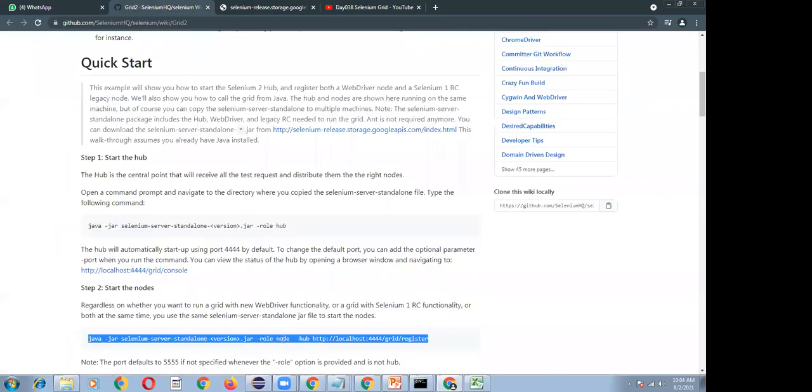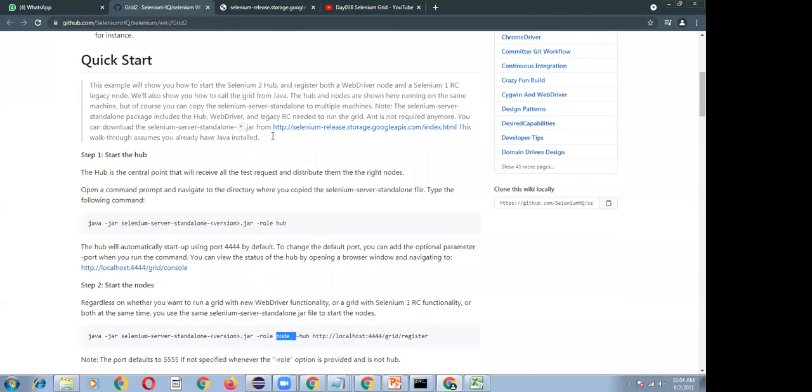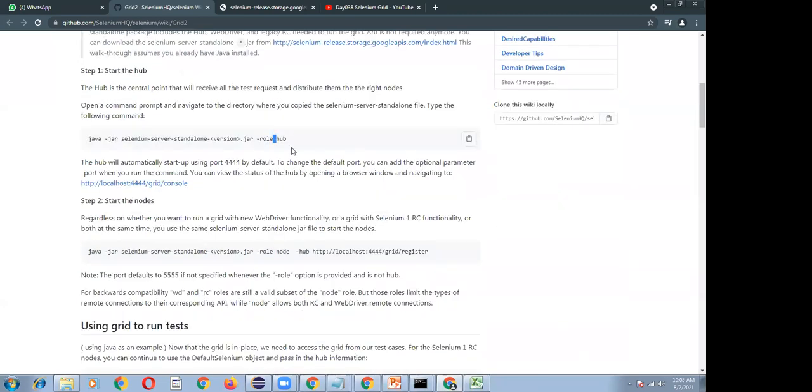Okay, and you have to execute the hub command, and you have to execute the node command. This is the hub command. We have to execute it on one of the systems, and in all the other node systems, we have to execute the node command, so that each and every node will connect to the hub. Once all node systems are connected to your hub, wherever you are mentioning the script RemoteWebDriver, those scripts will be executed automatically on the remote node system.